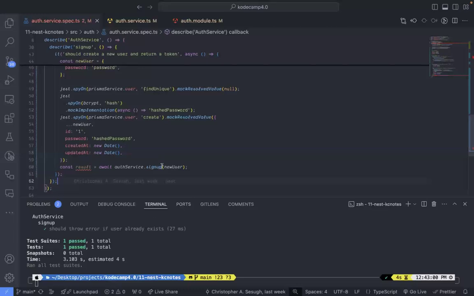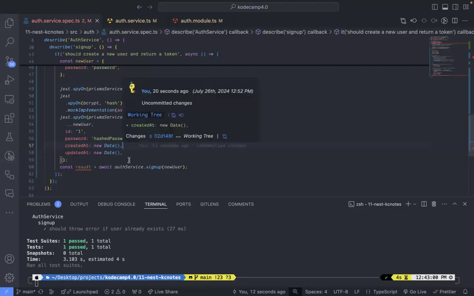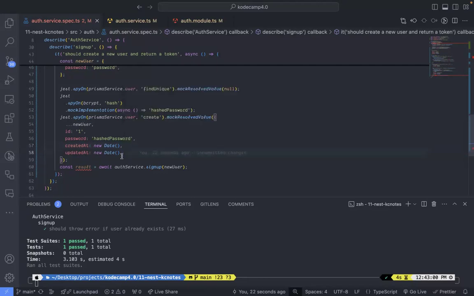Once you call this function, what will first of all happen is it will call this function and return null, then hash the user password and return this hashed password, and then create a user in our database. All these are being mocked. It will not actually create a user in our actual database, but we are mocking it here, and then we return this user. So after creating the user and all this happens, what else do we need to test? So we've created our user, and then we expect,